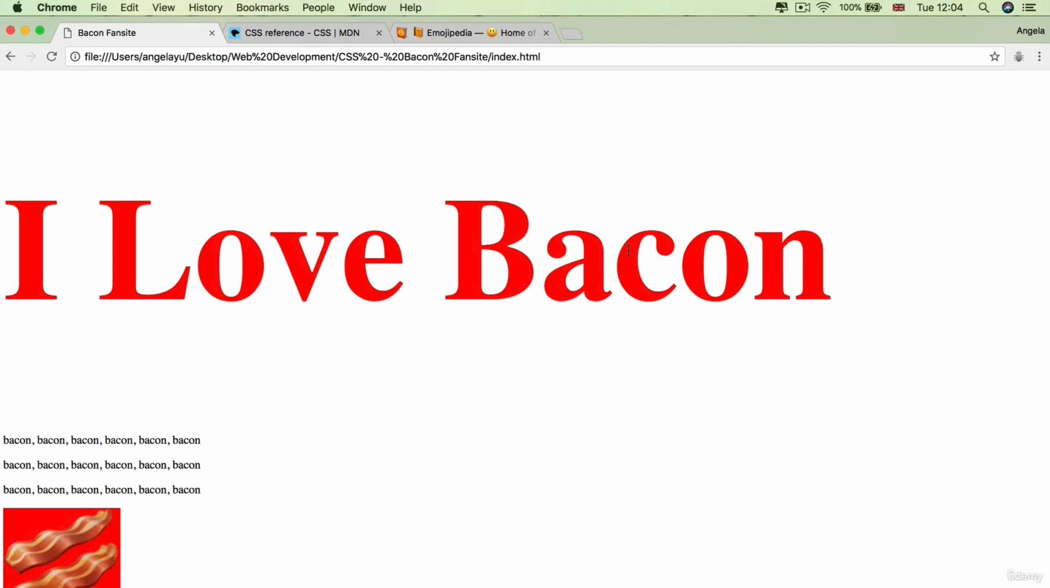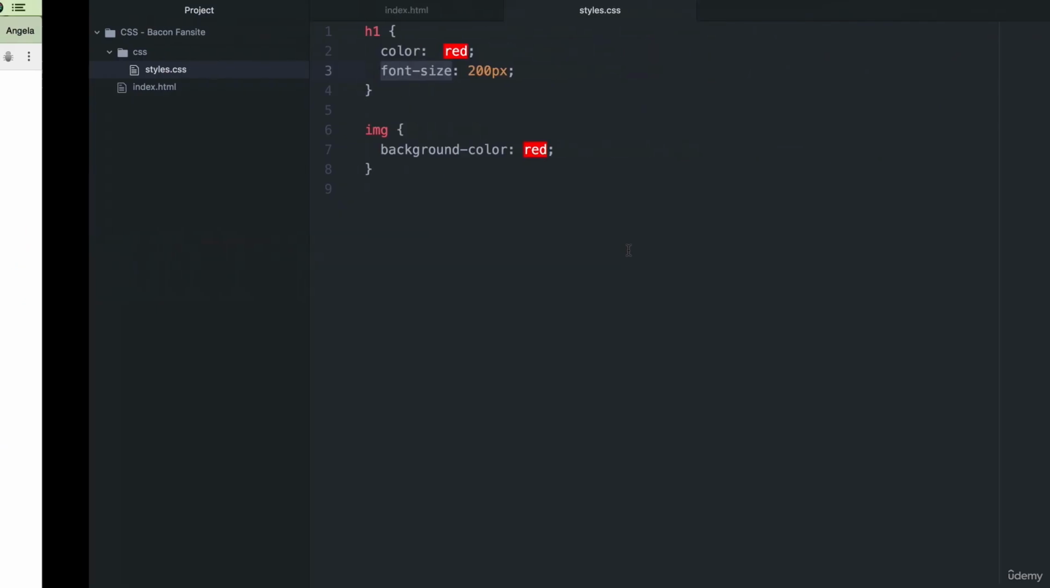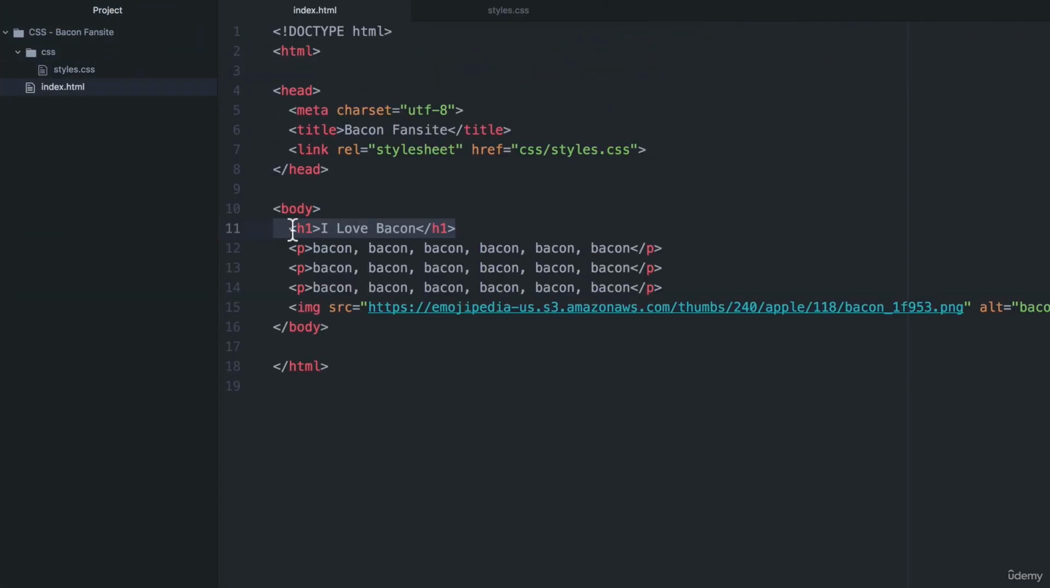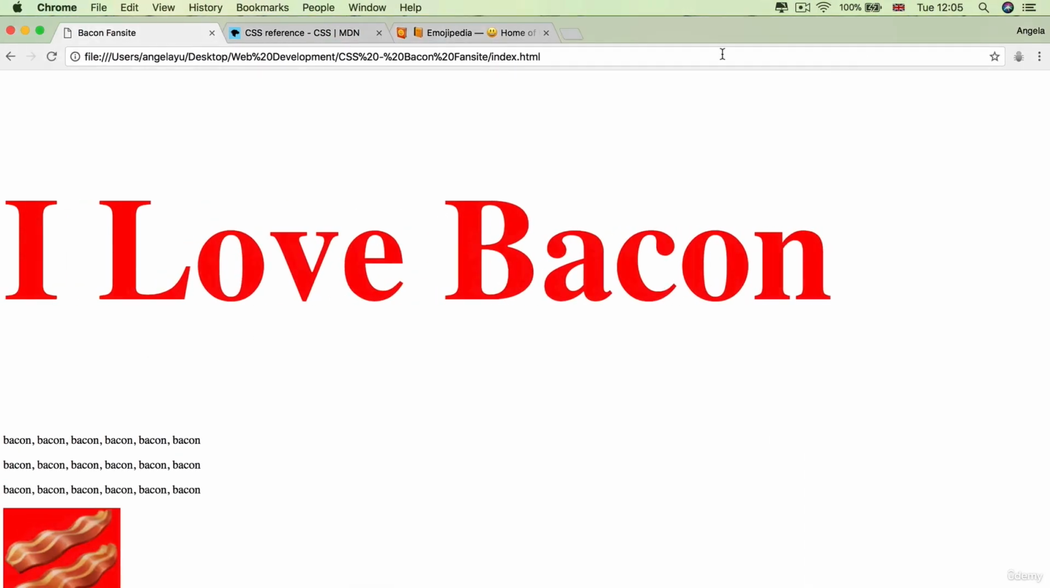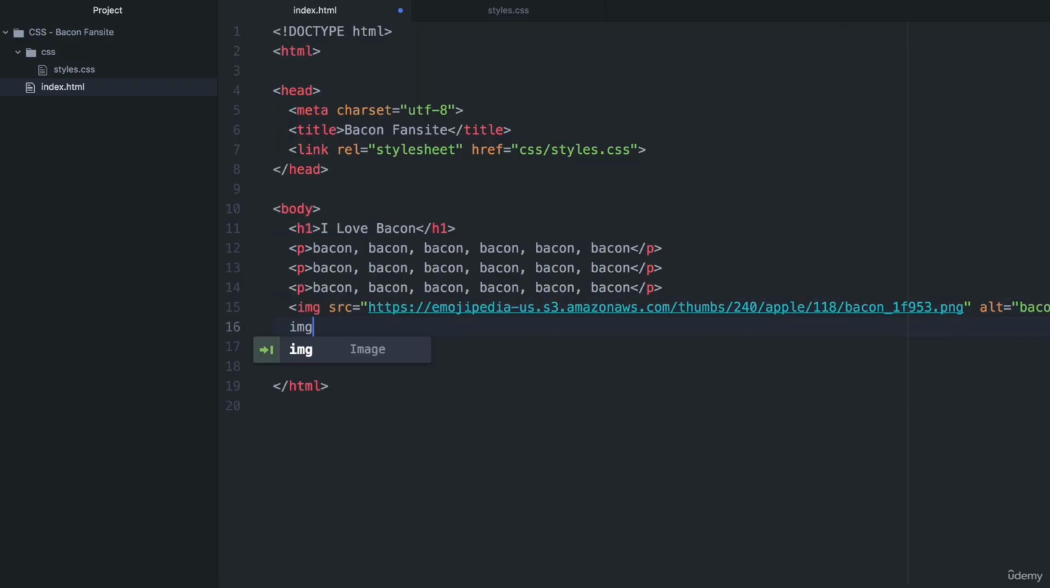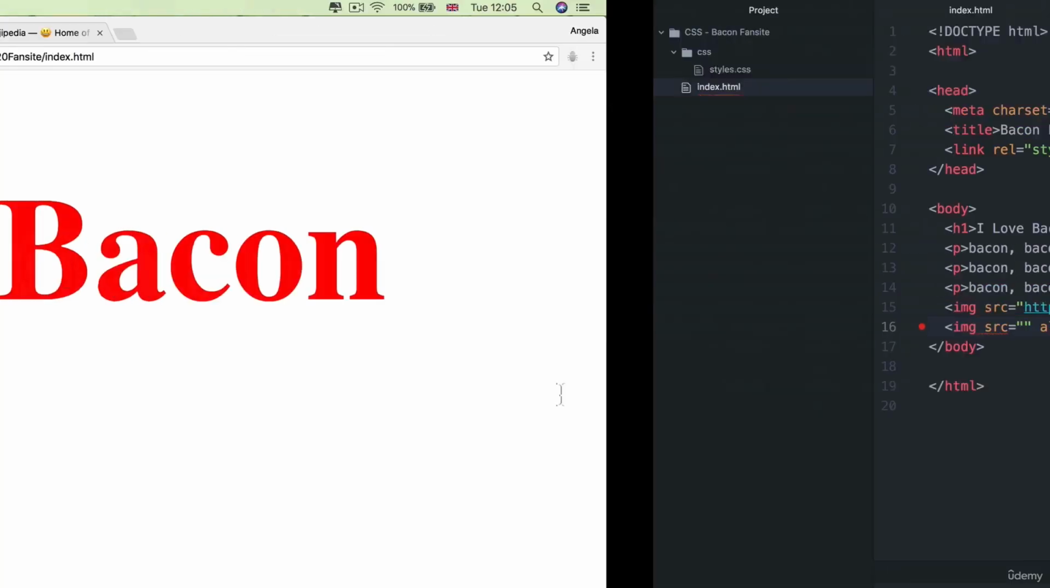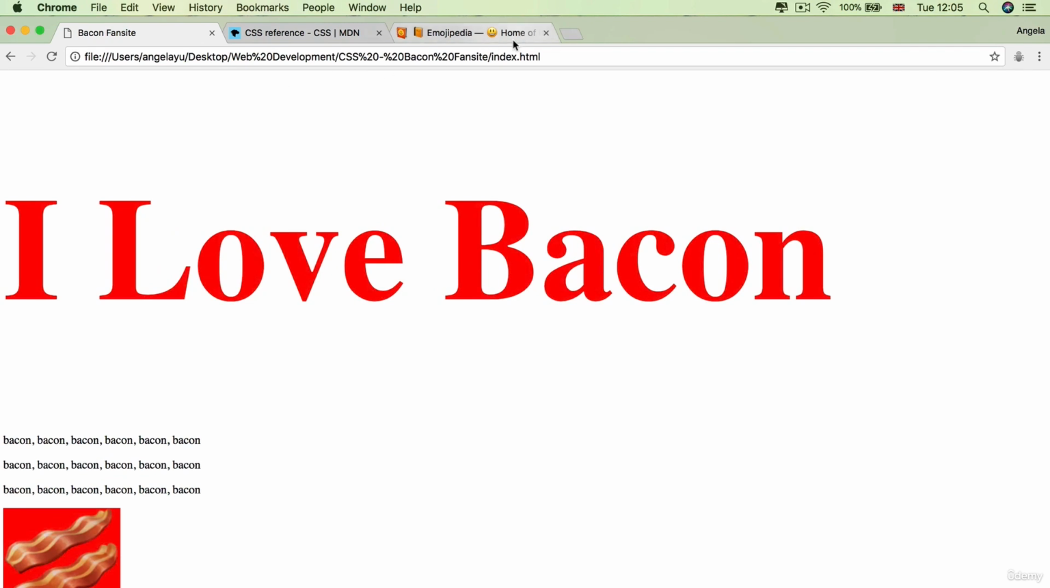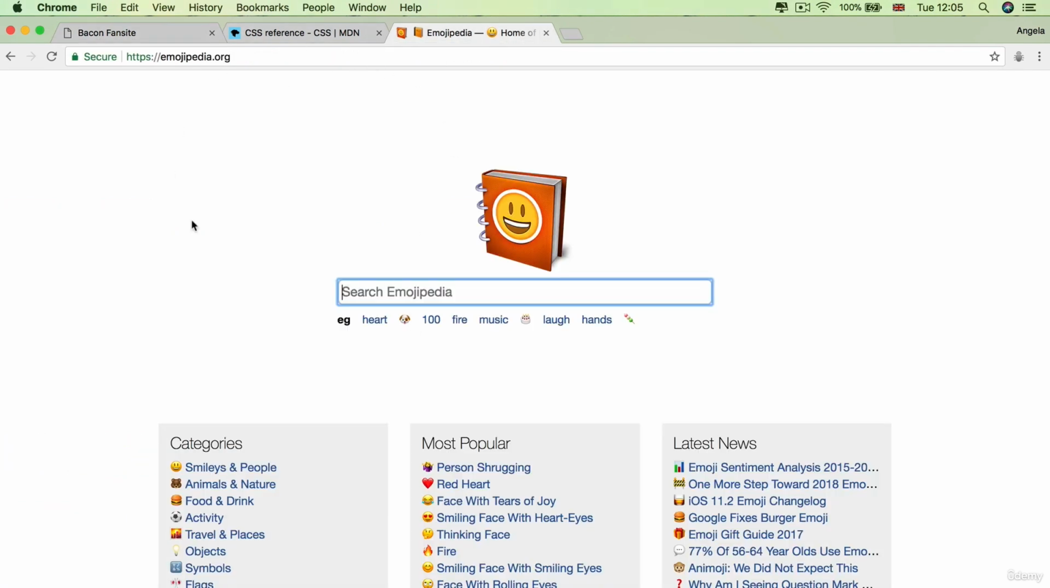Now, in the last lesson, we looked at the simplest type of CSS selectors, and that is selecting based on the HTML tags. In this lesson, I want to show you the other things that you can use as selectors in order to make more specific changes to your website. So for example, we have this image of a piece of bacon. What if I wanted to have another image that was a broccoli, and I want to show people how much I dislike broccoli? Then I could go to Emojipedia and search for broccoli,